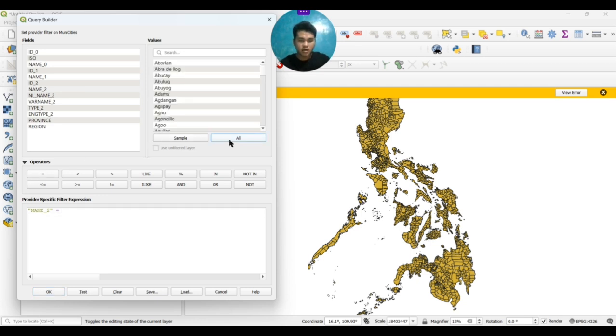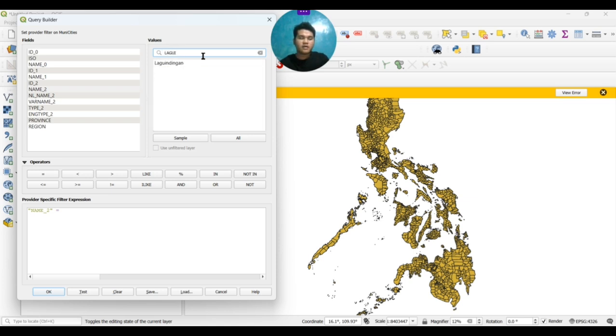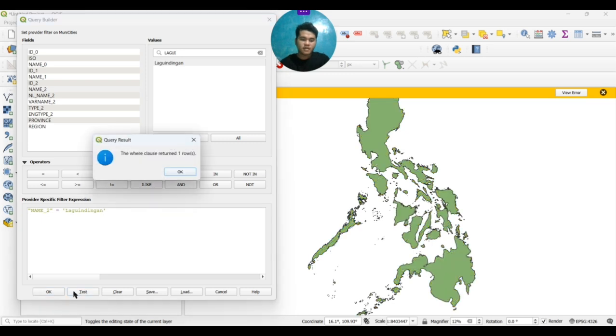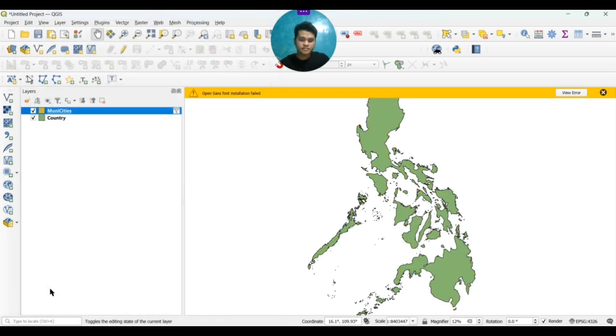Then click All, and search for Lagindingan, which is the municipality of Lagindingan in my country. Click Test, and then okay it. Then okay.